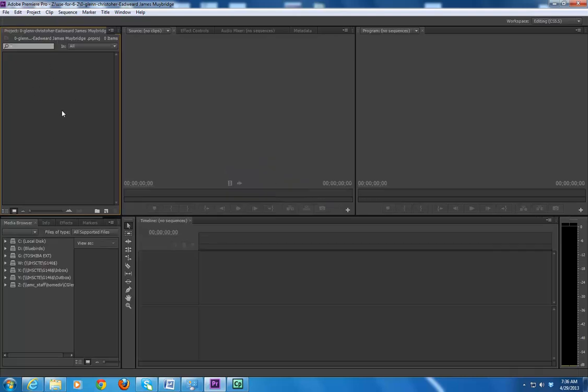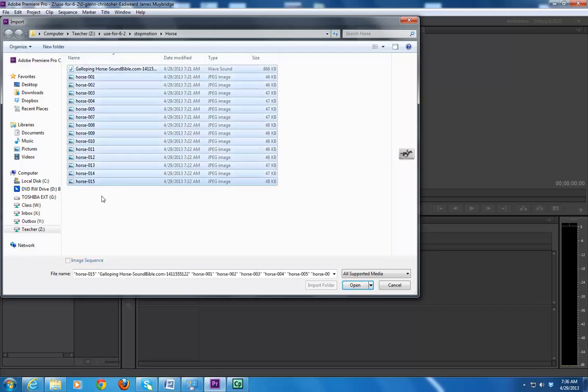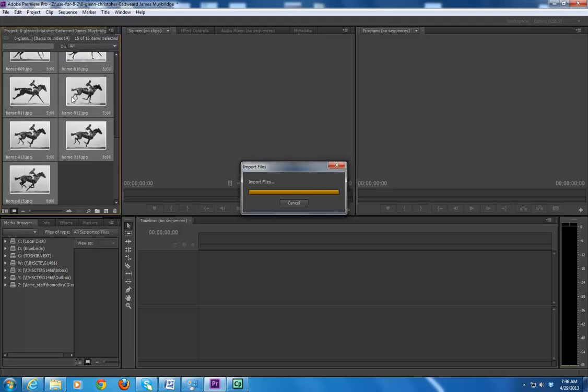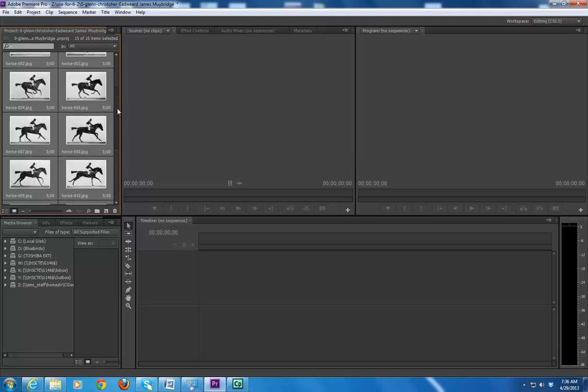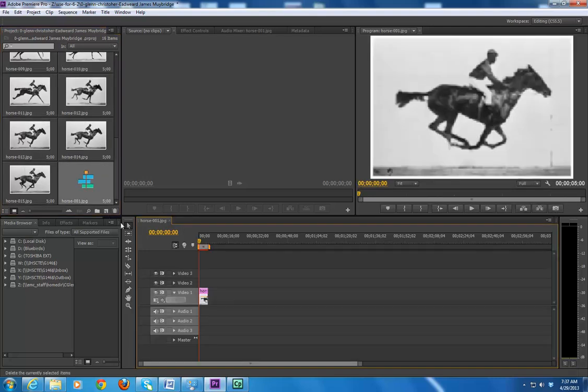And then right here in your project panel, you can double click and you can go ahead and bring all this in. Hit Control A for select all. Select all this and bring it in. And then once you have all the images and your sound clip, just take your first image here and drag this right to this. It looks like a layer. It's actually a new item, but you drag it and release it right on top of there, and it starts